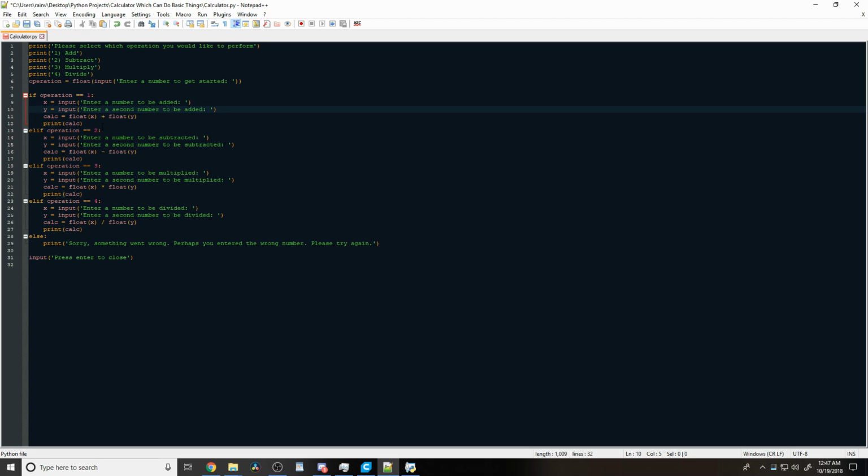Does it equal 2? And in our case, no. So it's going to skip over that, and it's going to go to this elif here. And it's going to say, okay, does it equal 3? And then, yes, in our case. So then it's going to run through this. So it's going to be x is going to be defined as an input here. Enter number to be multiplied, so we're going to use 4,